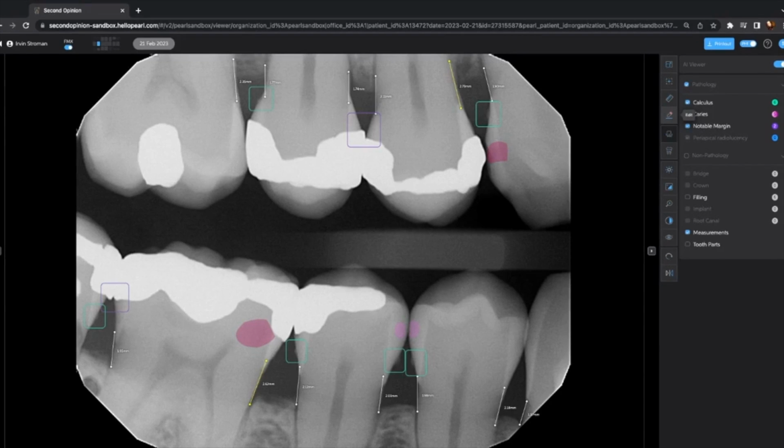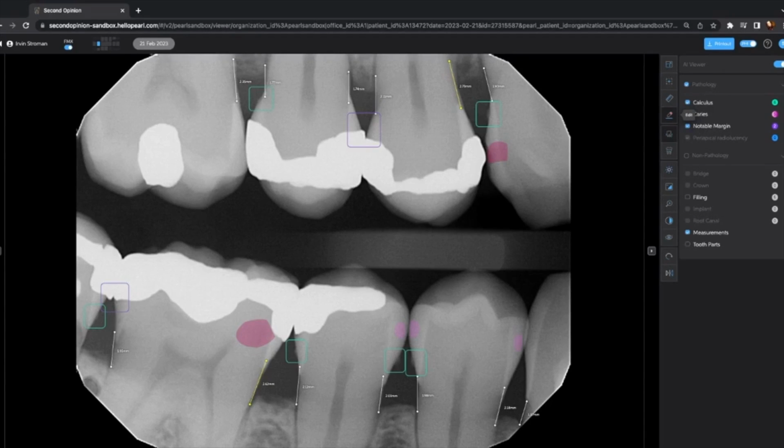It's important to remember that the AI is using computer vision to apply our predictions, but ultimately, we are not diagnosing as a second opinion artificial platform. We still want you to have control over your images, and we want you to make the decision for your patient. When using second opinion artificial intelligence, you may find areas that are a false positive or a false negative, and if you disagree with the detections, you have the ability to edit those.